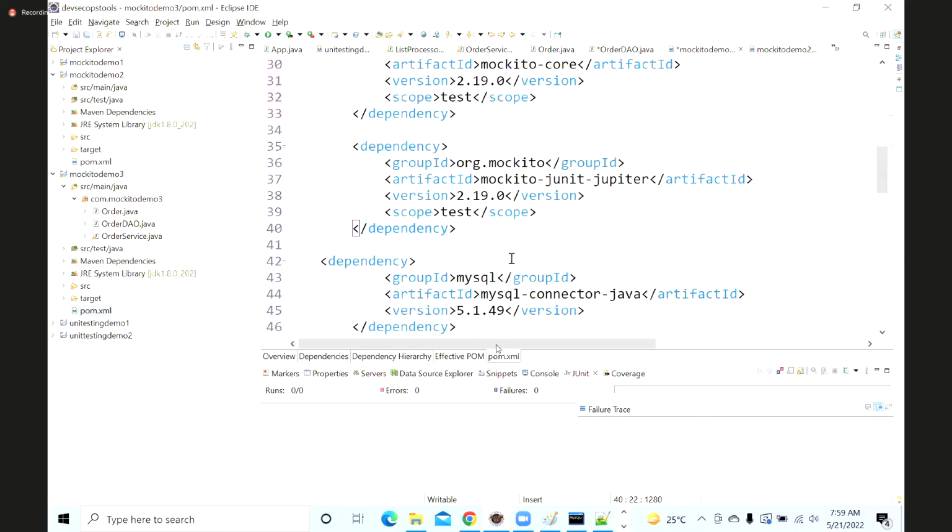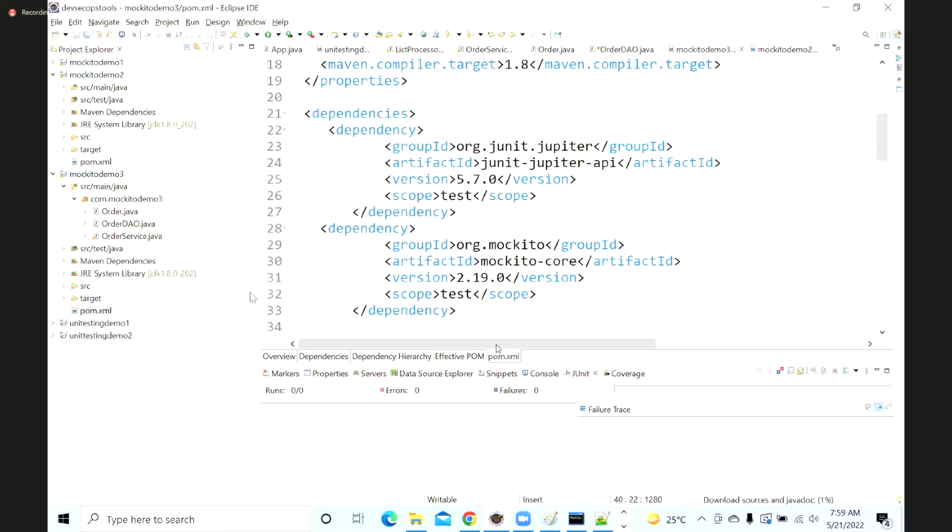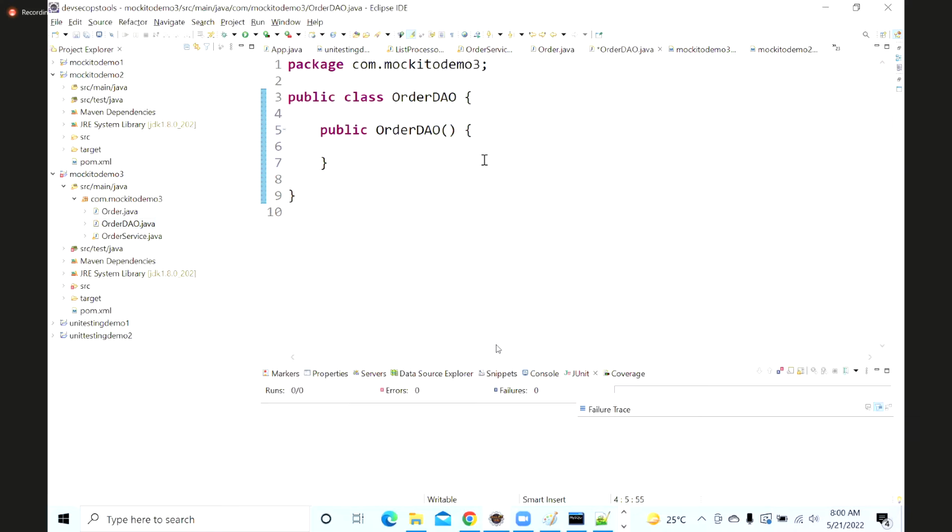That's all. So MySQL, Mockito, JUnit. Okay, all these dependencies. So once I add this one in my order DAO,